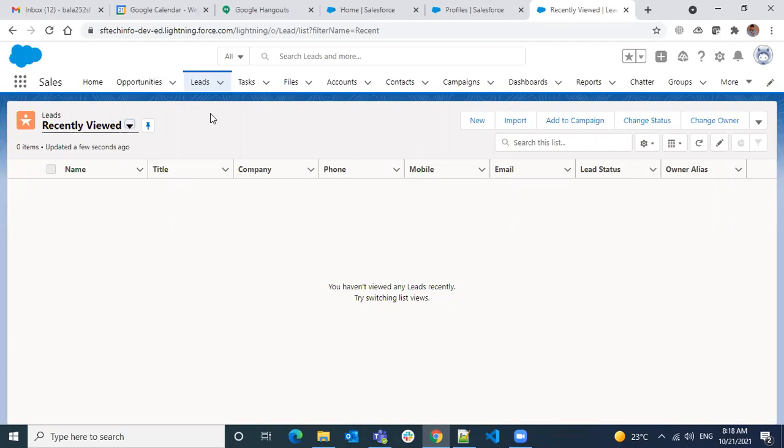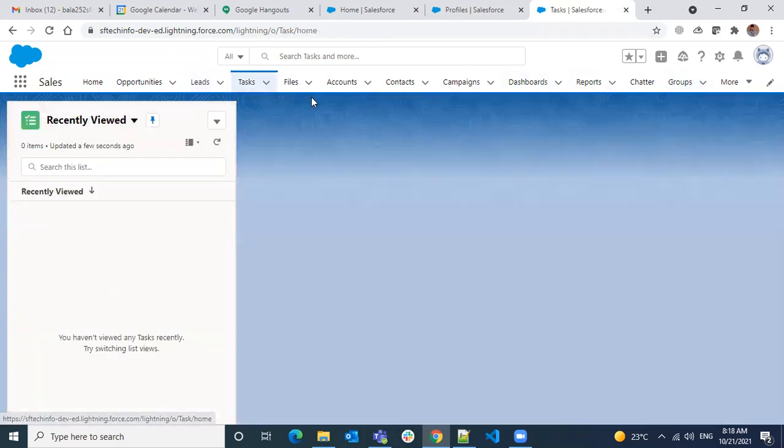A tab is the way to provide navigation to common users in Salesforce. So if you want to create anything, at the end or at the start, you have to create a tab and give access to the tab. Then only the end users will access it. This is the first step to access anything. Okay. So we are saying a tab. Can we access only objects from the tab?